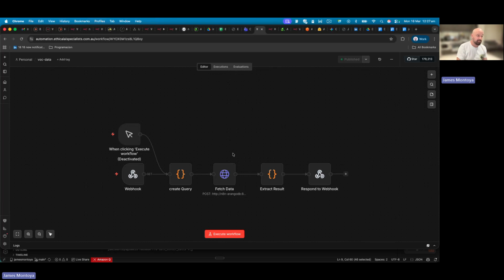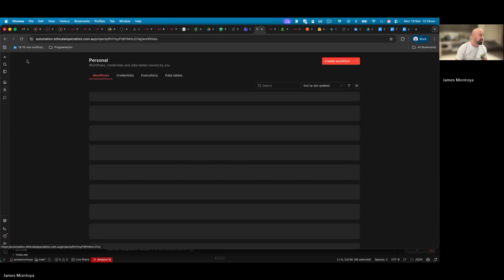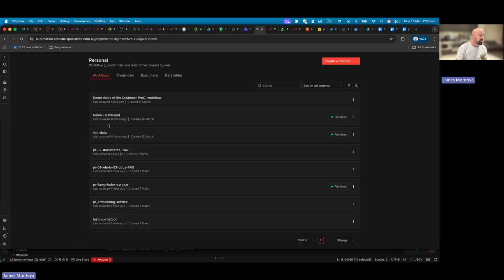This is the main purpose of this pipeline. And this workflow is running every 10 seconds. After that, it's exposing the information in JavaScript